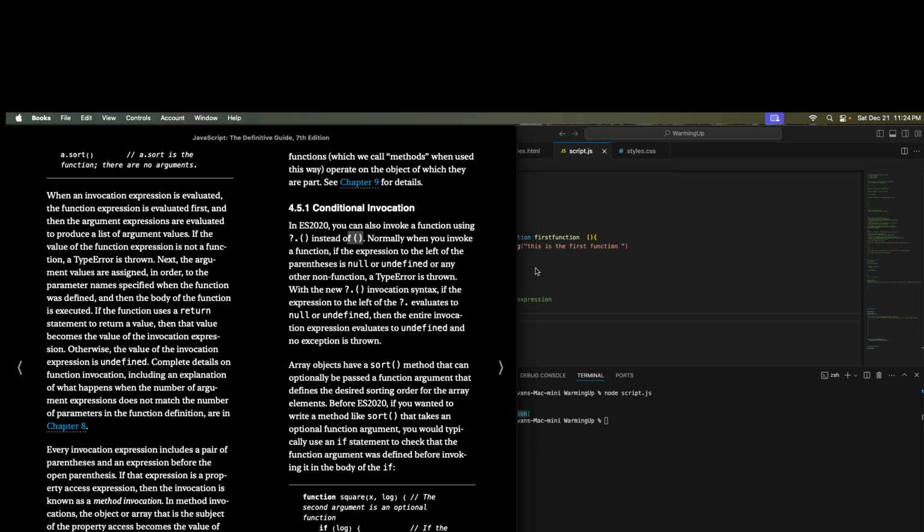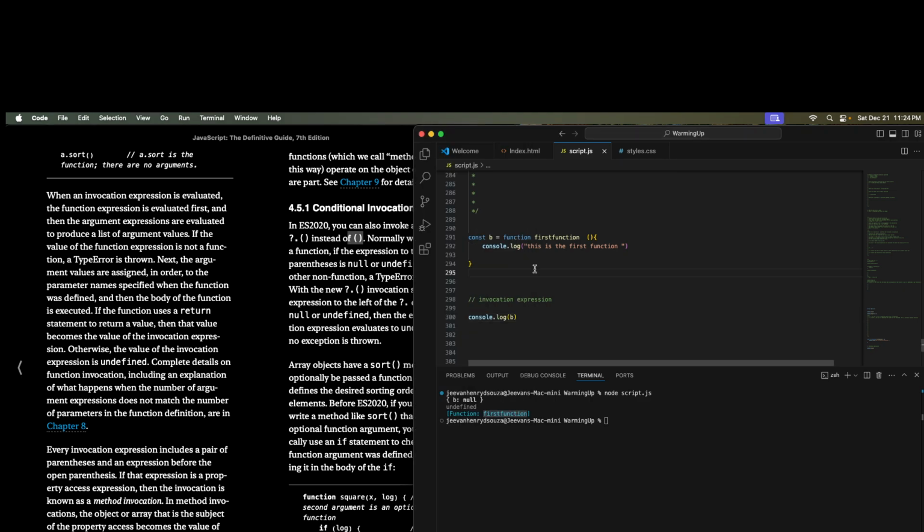For example, if I have an object and suppose I define o as this function. This is a function. Now I can say